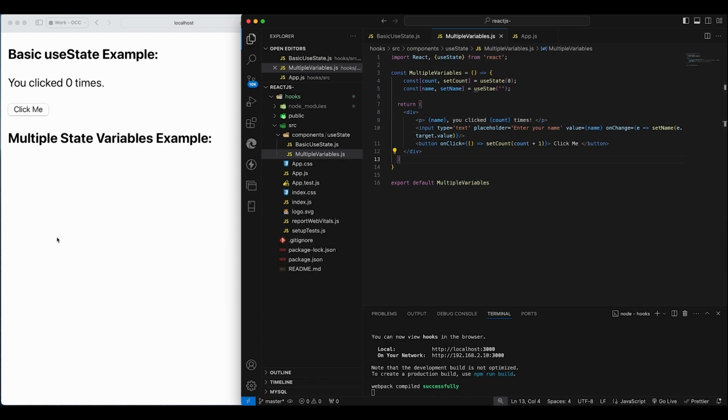Okay, there you go. So we now have two state variables, which are the count and then the name. Similar to the previous lesson, we also imported React and then the useState hook. This MultipleVariables component defines a functional component named MultipleVariables. And then we also have here this const [count, setCount] = useState. This creates a state variable named count with an initial value of 0 and a function setCount to update